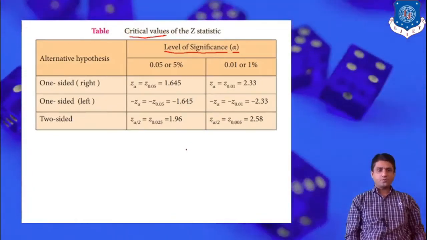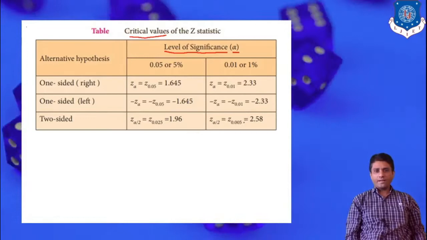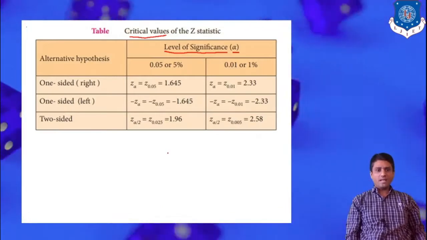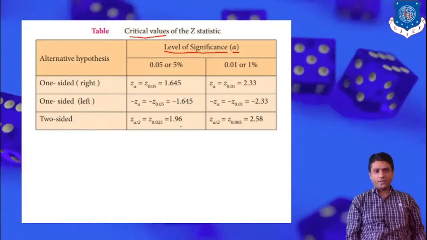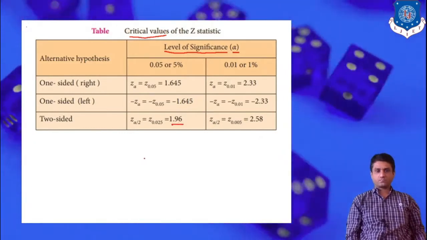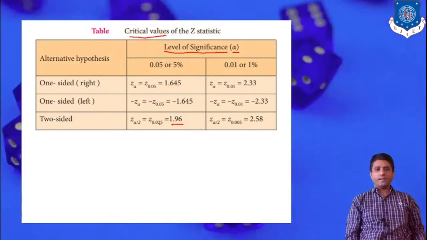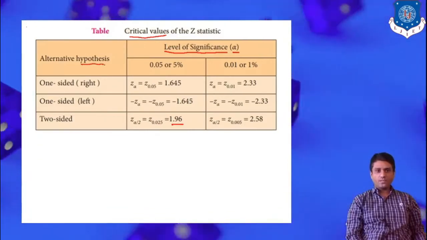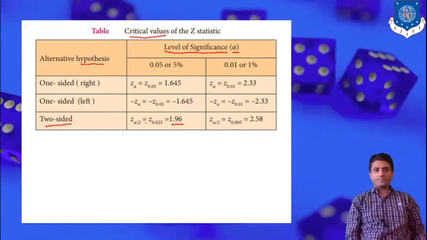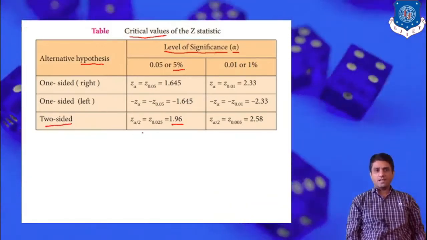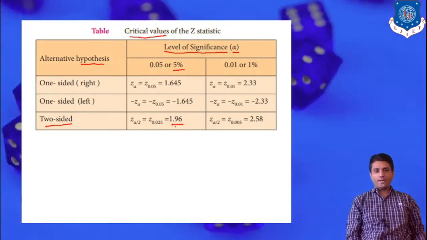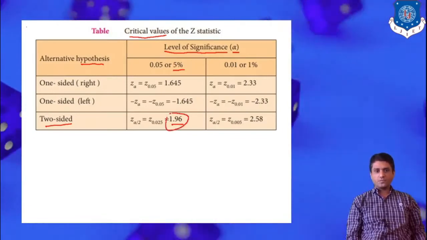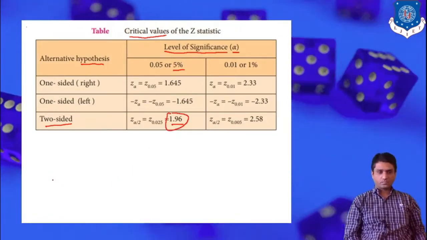So next we have to discuss how we can obtain the critical value and what the critical region is. First of all, precisely we have to talk about this particular critical value. So how can we obtain the critical value, say Z alpha by 2, when the hypothesis is two-sided and we have to obtain for 5% level of significance the critical value, that is the Z value 1.96. So right now we have to discuss how we can obtain this particular value 1.96.